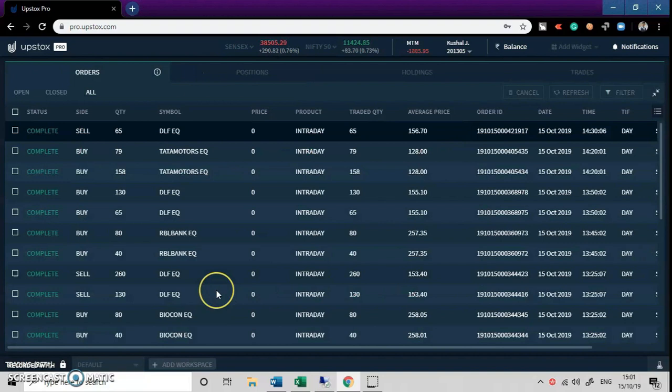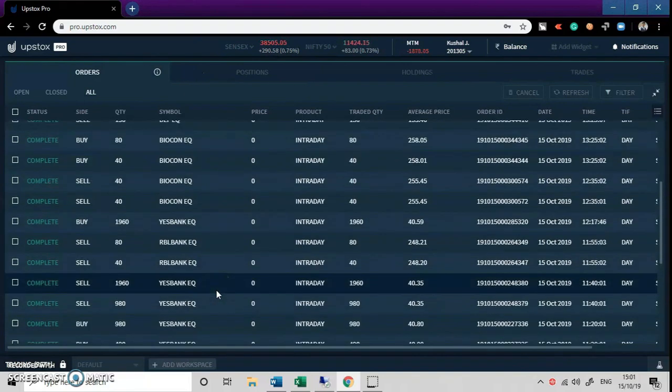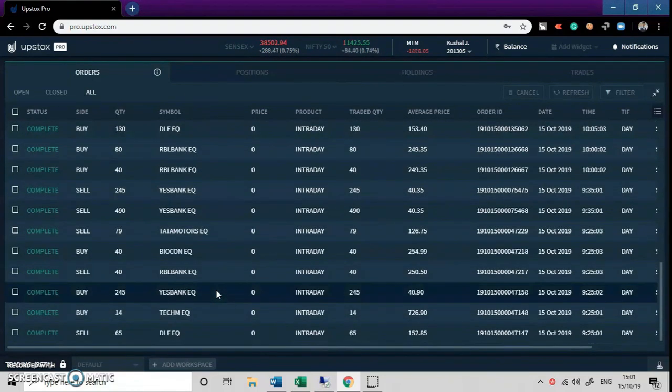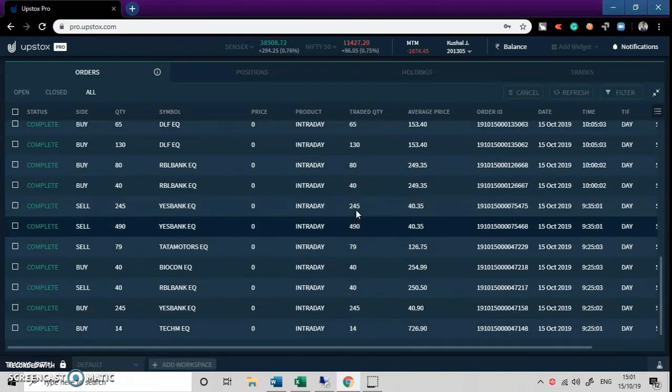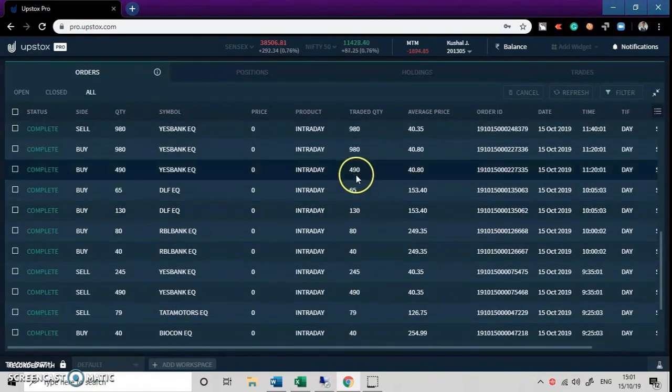So in Yes Bank, we have consistently losing trades. Since we are using Martingale, it would double the quantity every single time that we lose. But unfortunately today in Yes Bank, all the trades that we took from the beginning of the morning, we faced loss. So you can see that third from the last, Yes Bank, we took 245 shares at 40 rupees 90 paisa. This trade went in loss. Then next we have taken 490 shares, it's mentioned above, right? 245 had a loss, then we went to 490 shares.